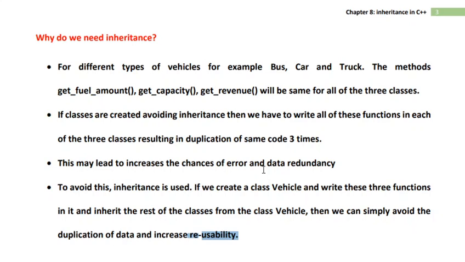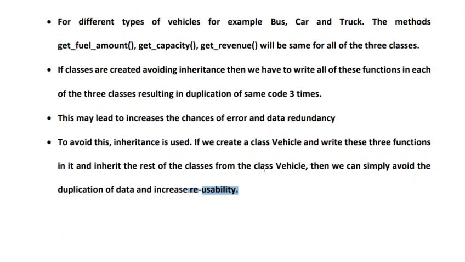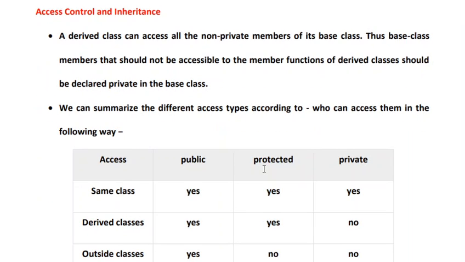So this is the reason why we need inheritance in a situation where there is a relationship. Now let us try to understand something about access control and inheritance. A derived class can access all the non-private members of the base class. This is a very important statement that all of you need to understand and remember. So, a derived class can access all the non-private members of the base class, which implies